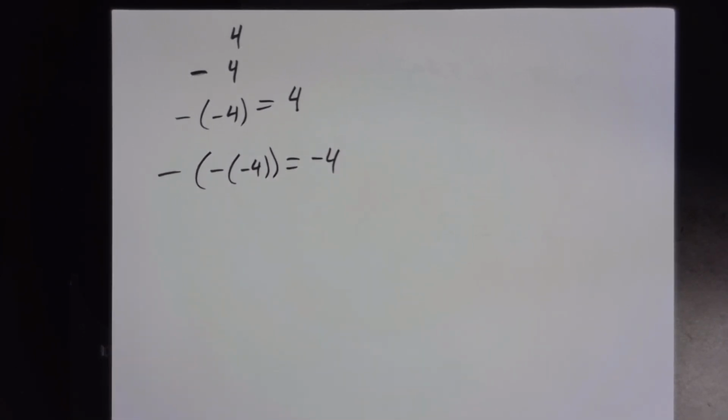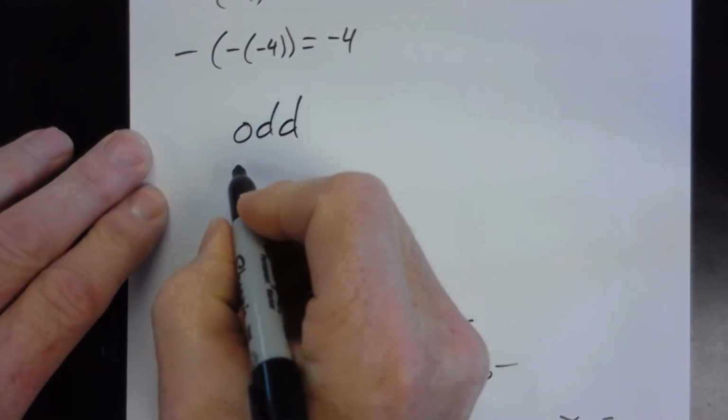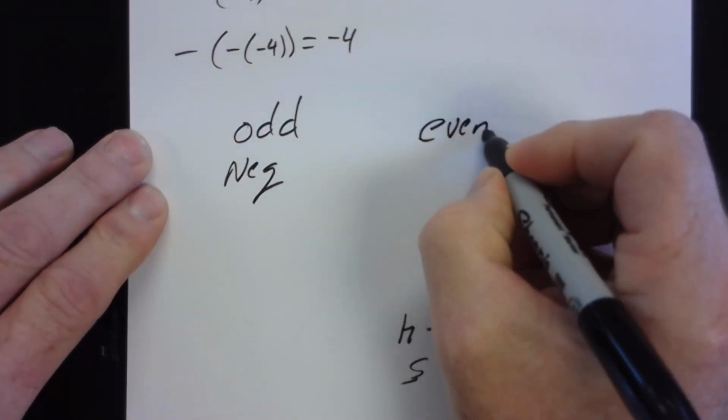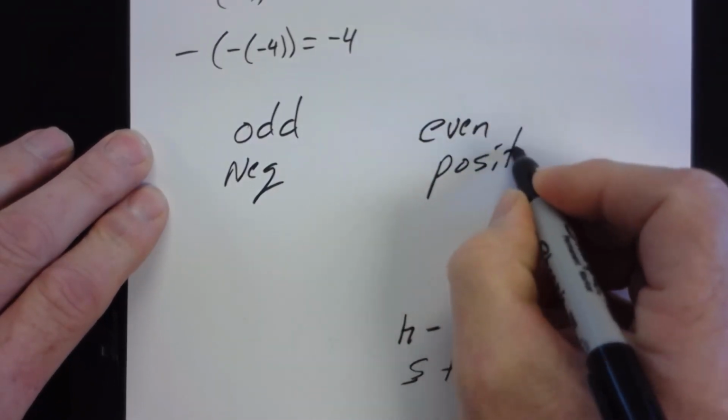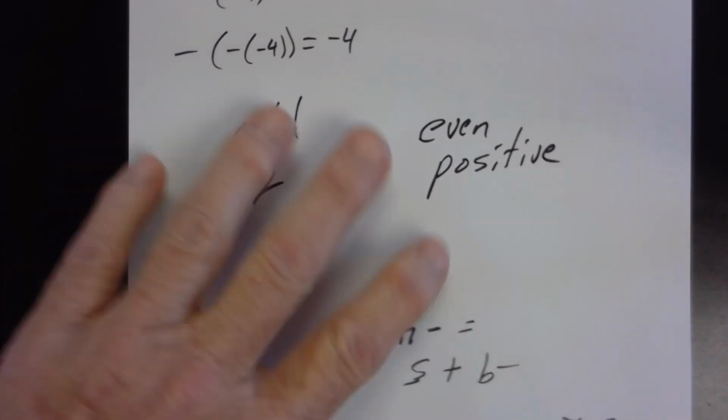Okay? All you care about when you multiply is how many negatives there are, and is that number odd or even. Okay? If it's odd, you guys already know the answer. Negative. And if it's even, positive. Okay? And that's all we're going to worry about. So,